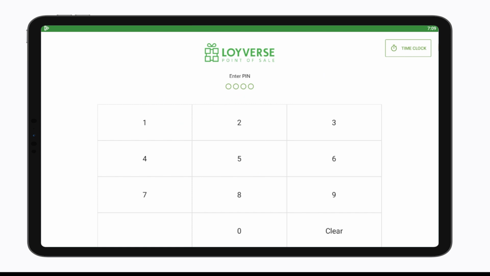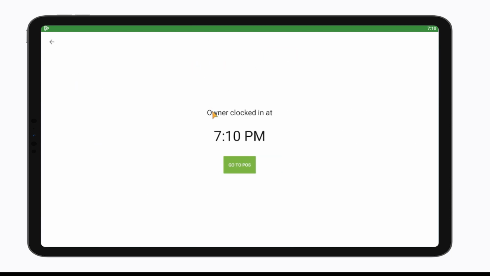In this screen, in the right top corner appears this time clock button that will allow the employees to stamp their clock in and clock out time. So if I click this button and then I enter the PIN code of the owner or one of the employees, if this PIN code is correct, these two buttons will become active and I can indicate if I want to clock in or clock out. I will choose clock in, so it will say that the owner clocked in at this time